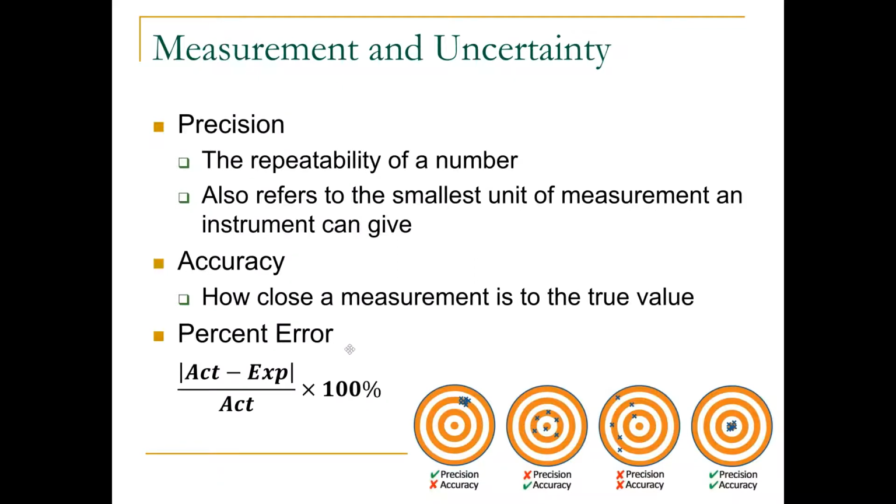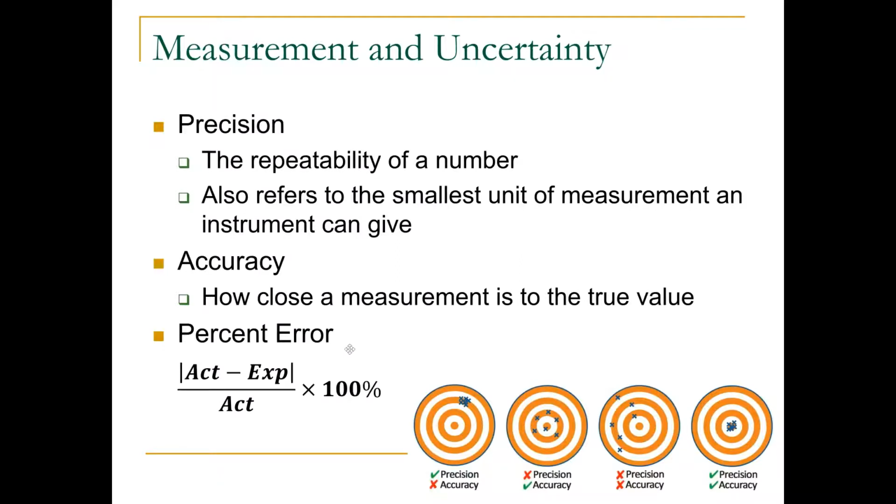Last term here is percent error. This is something you'll be asked to calculate on several different labs. It's a good way to check how well you did with your measurements. To calculate percent error, you'll find a lot of different equations. These terms are written in a lot of different ways depending on if it's physics or chemistry, and it even varies within a subject. So I've written it here as the absolute value of the actual value minus your experimental